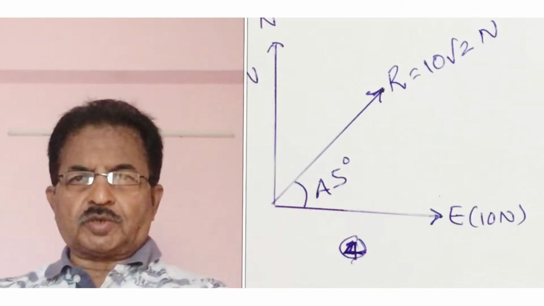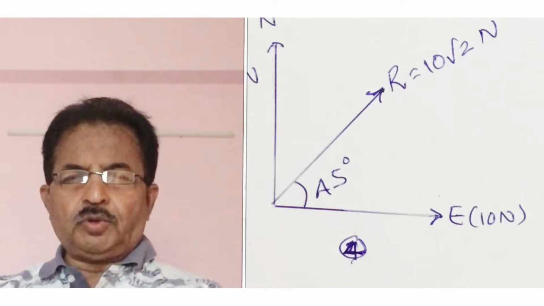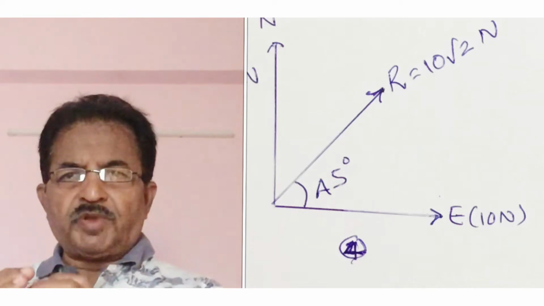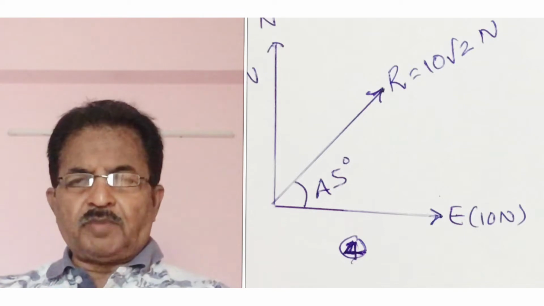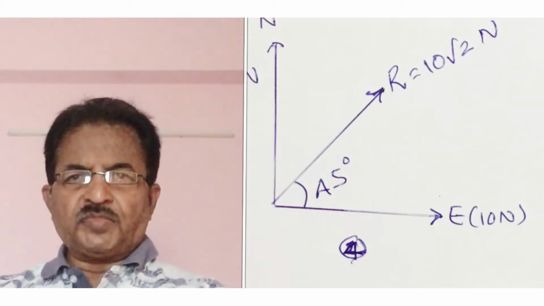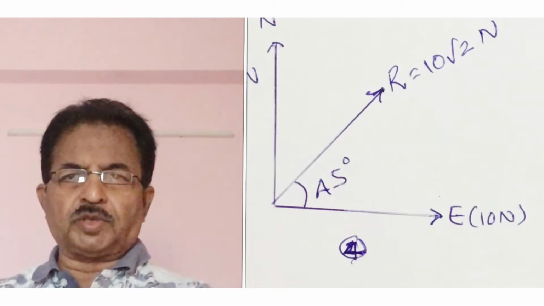If there are two vectors each of magnitude p at 90 degrees, the resultant is equal to root 2 p. And I told you the resultant must always bisect the angle between the vectors. So because the angle between north and east is 90, the resultant in this case must bisect the angle and hence it should lie along the northeast. See, these shortcuts are golden shortcuts we use in different chapters.